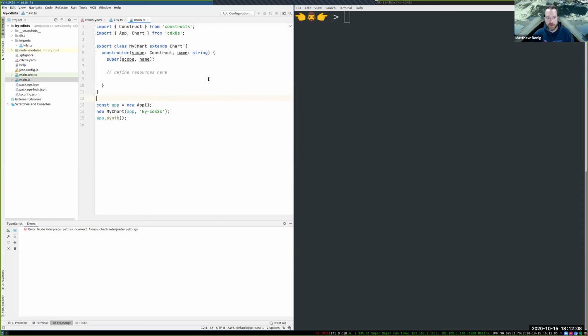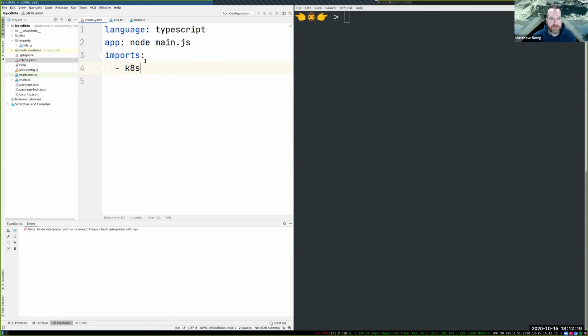Basic boilerplate code right here. At the end of the day, the cdk8s doesn't really do anything magical when it comes to synthesizing. It all just executes this main.ts program for you. In fact, you can see it defined right here. We're saying that this main app in this cdk8s project is just run this node main.js command, and that's it.